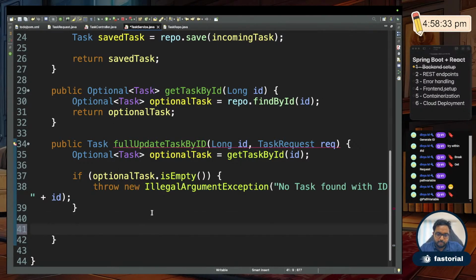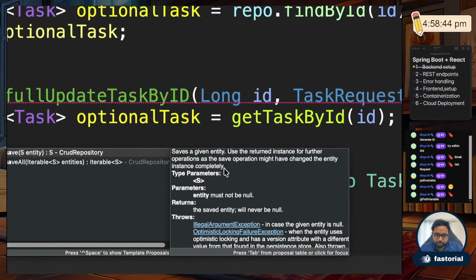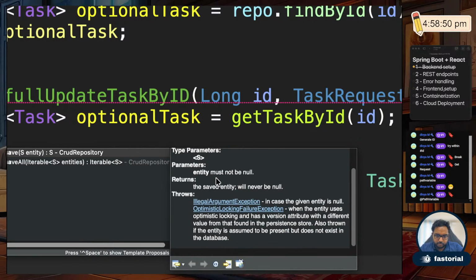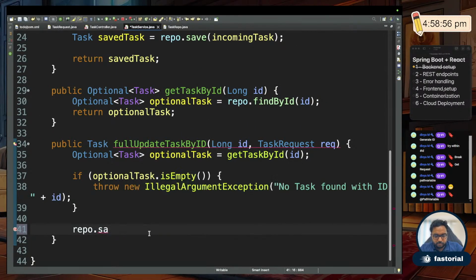So next what I have to do is we do repo dot merge. There's no merge. Is it save, right? Save, as a save operation might have changed the entity instance. Fine. So I'll just do repo.save, and I will pass the